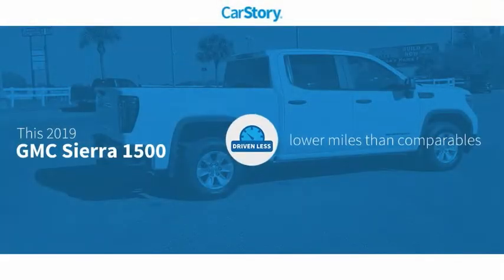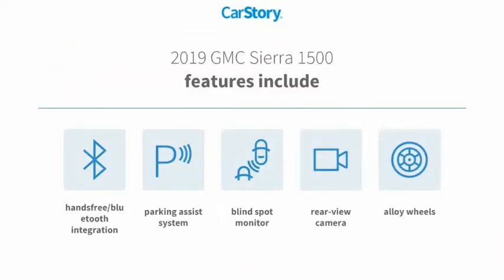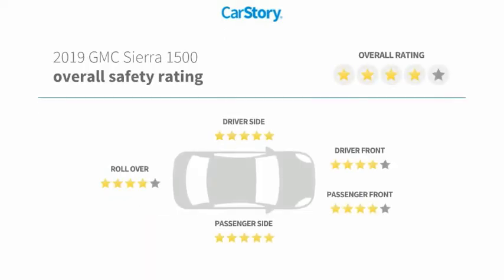Story research indicates this vehicle as having lower miles with less wear and tear. Features also include parking assist system, alloy wheels, rear view camera, blind spot monitor, hands-free Bluetooth integration. With these ratings,